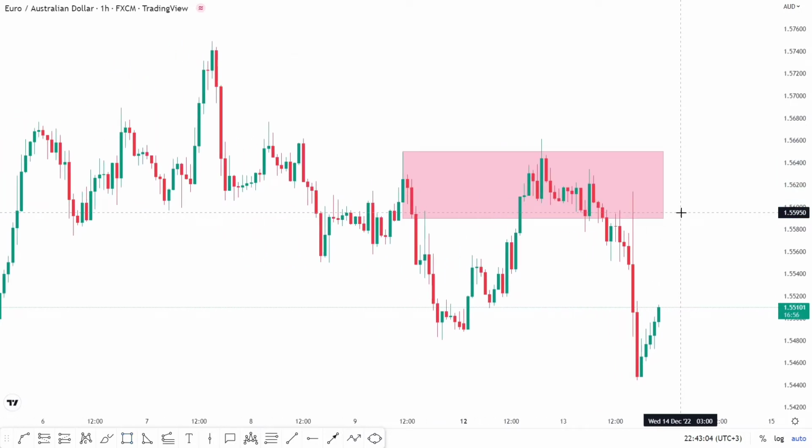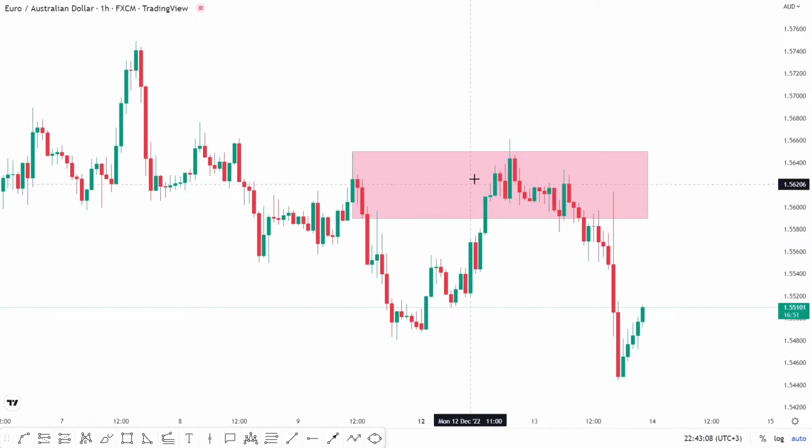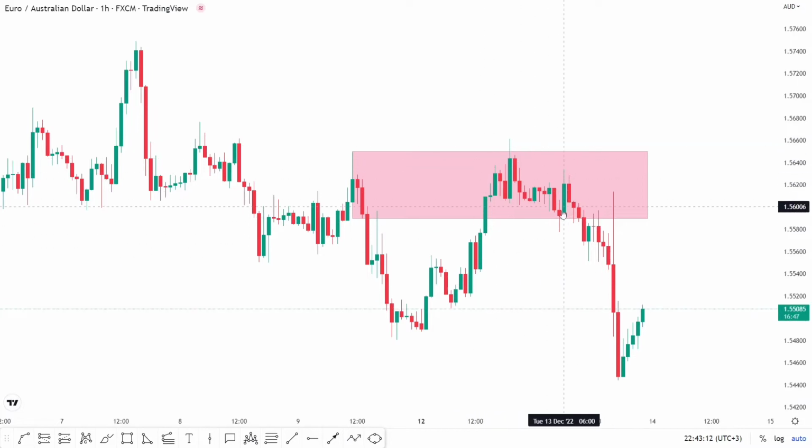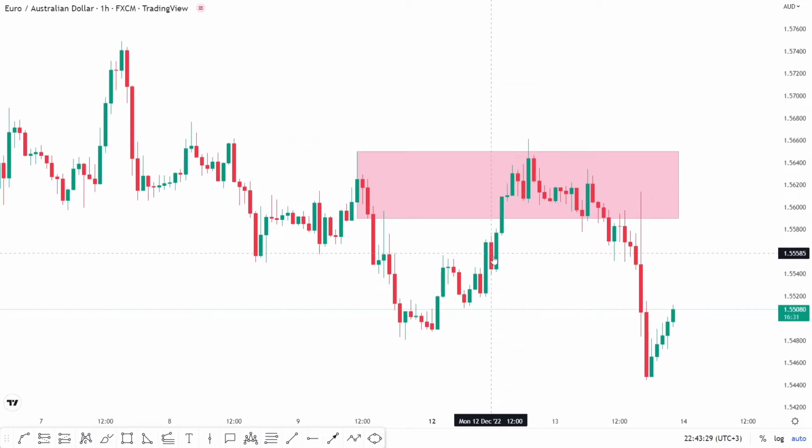The next time that price trades back to the supply zone, we want to see if it will react in a manner to show us that sellers are about to become strong. Remember, a supply zone is a zone of strong sellers, or rather strong selling momentum. We are expecting sellers to continue to push price lower anytime price comes back to the supply zone. But again, as usual, we must wait for confirmation. Don't trade with a pending order.